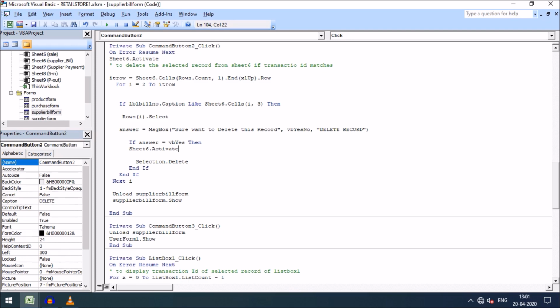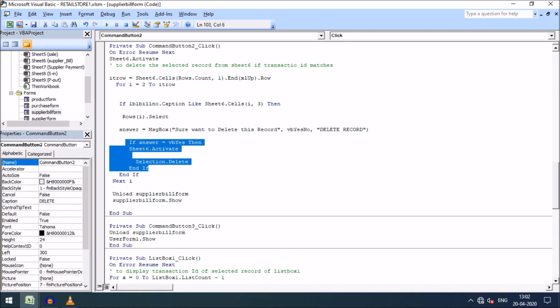The syntax is: sure you want to delete this bill, vbYesNo. Two command buttons will be displayed in the message box, and the title of the message box is Delete Record. If the answer is vbYes, if I click the yes button, then sheet 6, where the record exists, will be activated, and the selected bill will be deleted.